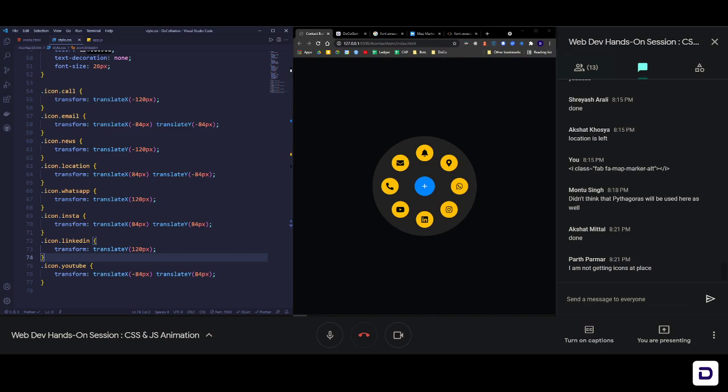Akshat is done with it. Parth is not getting the icons at place. It's okay, Parth, just try using this properly again. Okay, check the code if you have done anywhere wrong, or wait till the end and we'll help you debug your code. Okay, the CSS code is right in front of you. Make sure that you haven't done any mistake in that. What about others?